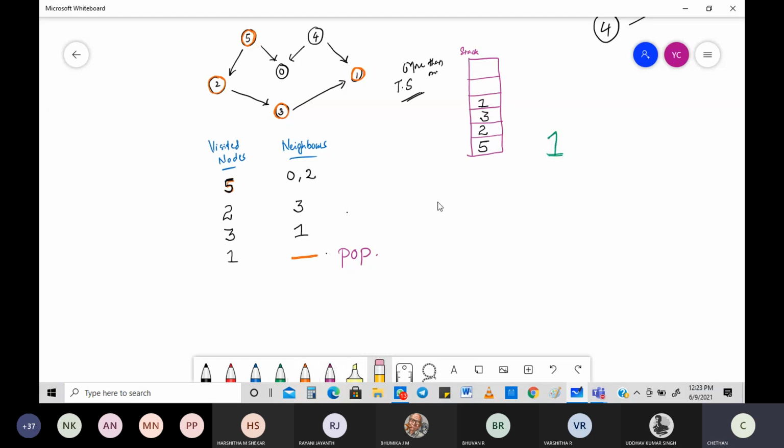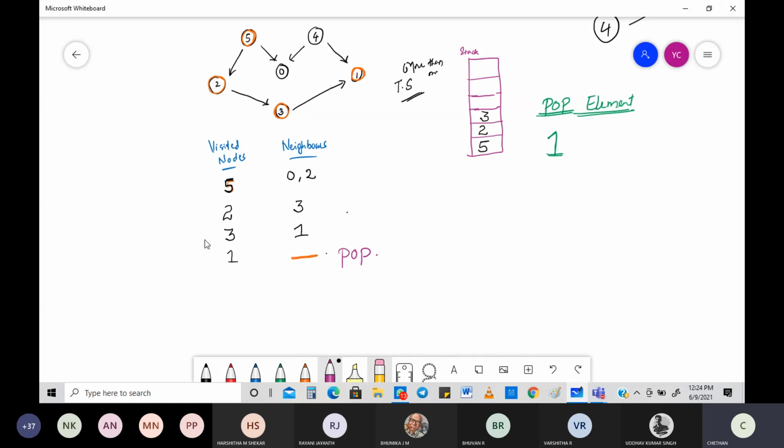If I pop out 1, you can see very clearly that only these things are remaining. So I can write here neatly that these are nothing but popped elements or popped items, anything you can call. So 1 is popped out. From 1, I need to go to the next thing. What is the next thing that is there? 3. So I'll go to 3.